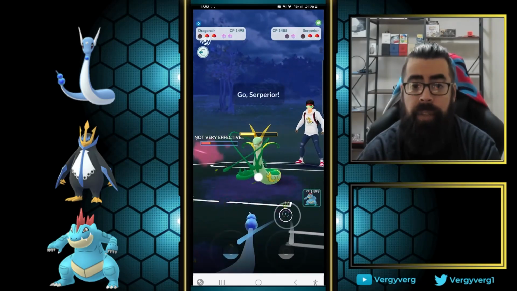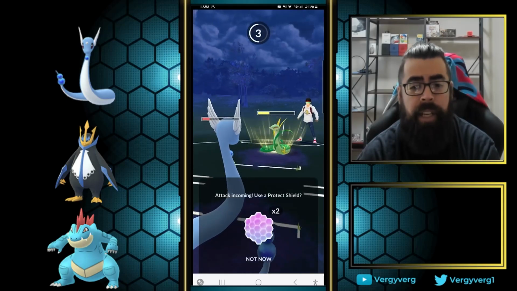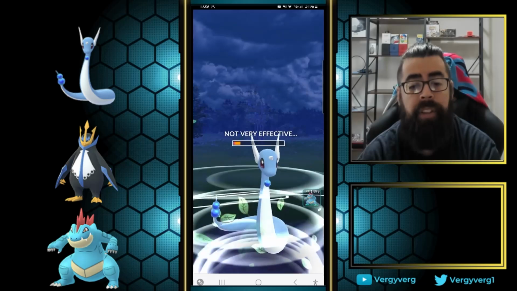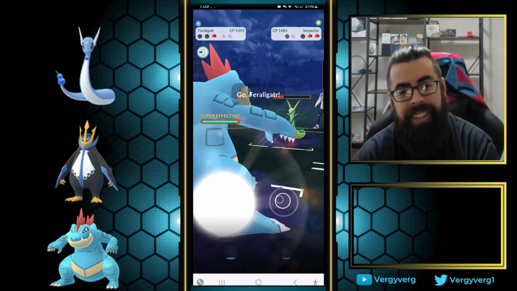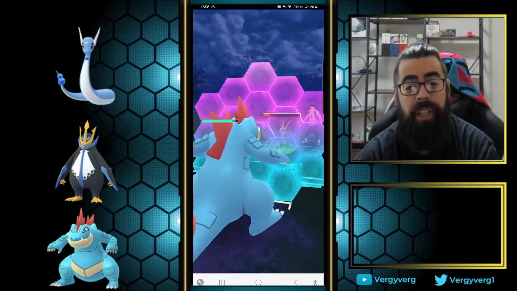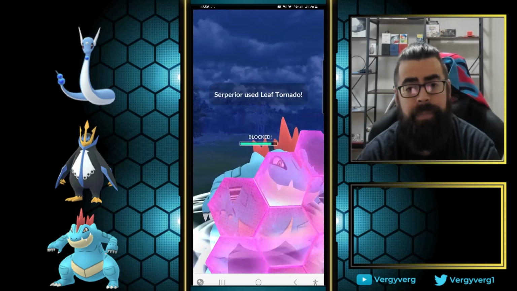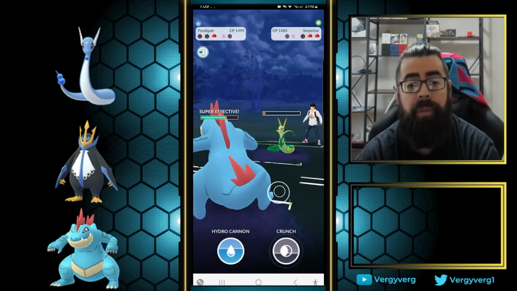Nice. And they do come in with a Superior, so probably going to end up shielding this to take it out. Or we could come in with Feraligatr, get a big farm down, and... ooh, we didn't make it. Okay. Probably have to shield here. This is going to be the Leaf Tornado. This is going to suck if it debuffs, though. We have a huge advantage if it doesn't. Okay, it doesn't. We get the farm down, and now we have...